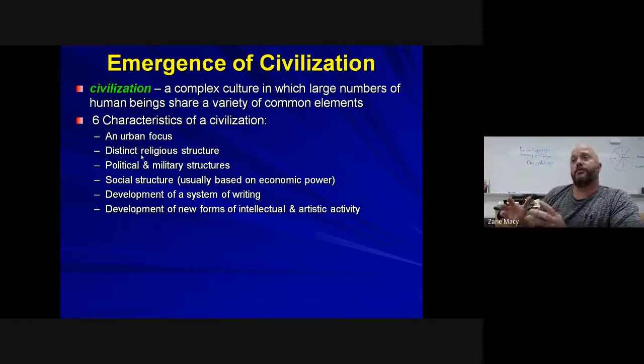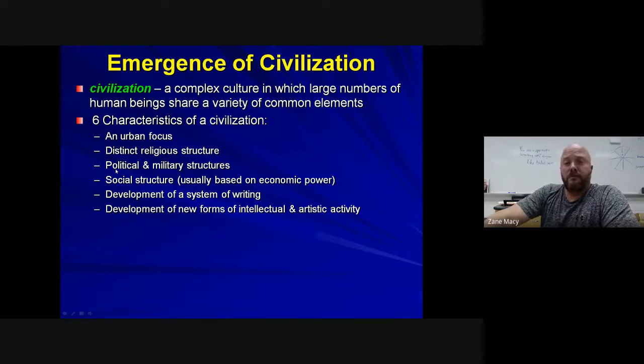Once there is proof that there is a system of religious beliefs, and that could simply be proof that a group of individuals believed that there was an afterlife, that your body was a house, a casing for a spirit that continued on in some other form, in some other existence after the death of the physical body. That's enough of a basic religious structure.